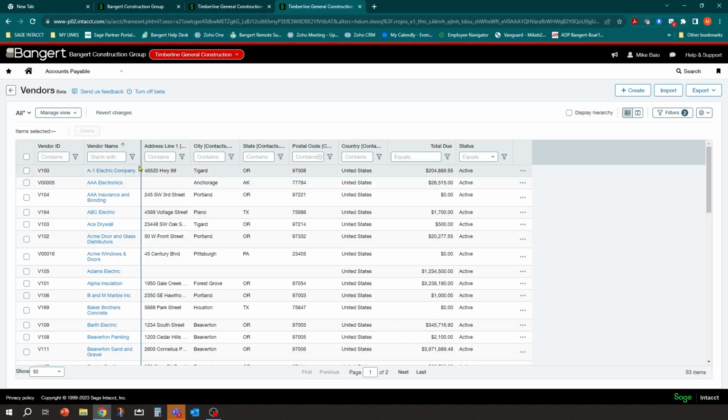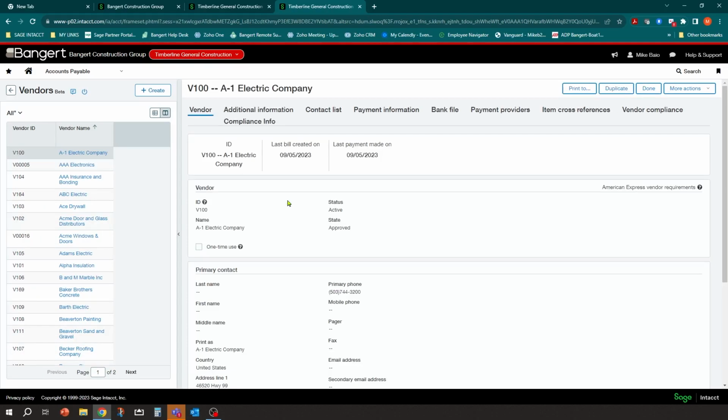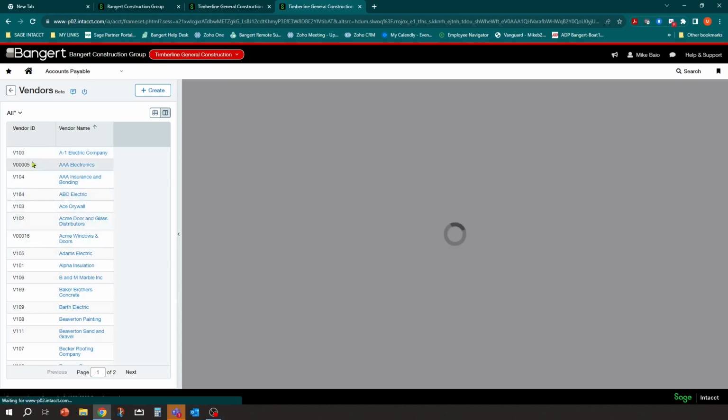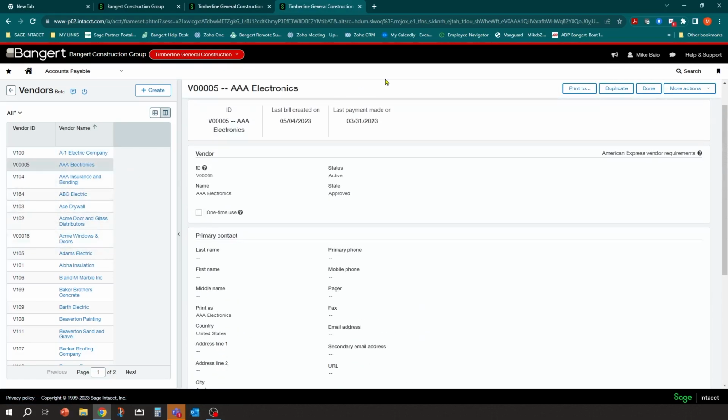What you can also do is it's interactive. So if you're looking to select vendors, but then also edit or make changes on that vendor record, I'm going to unfreeze this. I can come in here now and hit this view button. It's called the split view. What the split view allows me to do is see the actual individual records as I'm going through the vendor list. So if I want to say AA Electric, now I can see my actual setup screen without having to double click on an open, go back to another window, go back to another window.